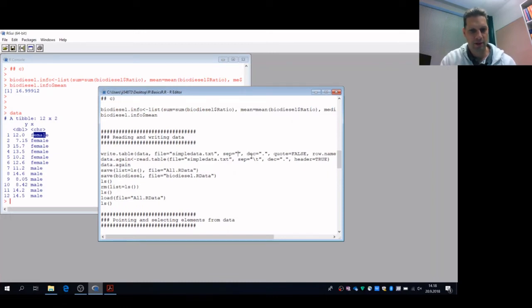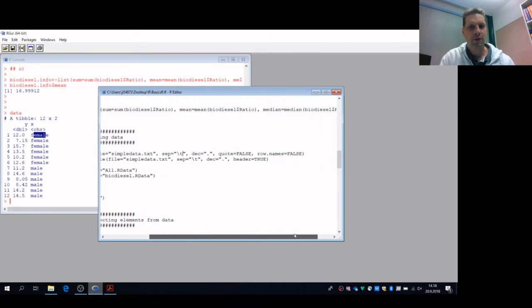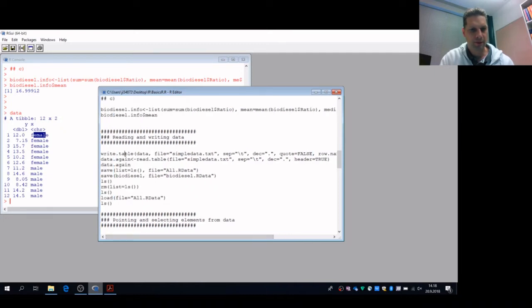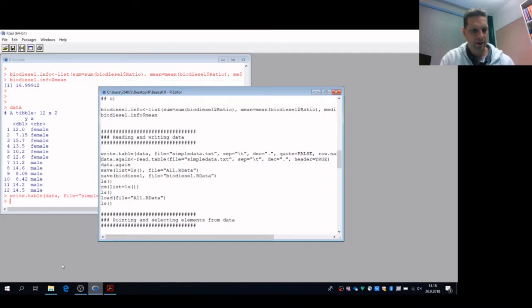One option is that there's just a space, for example, but when the tabular is there, it clearly separates the columns. Decimals is clear, and then if you want to, for example, open the text file in some other programs, it is a good idea to use quote = FALSE, and in many cases it's also a good idea not to bring those row names to the file, because you really don't need them if they are just numbers. So if we use the write.table function,